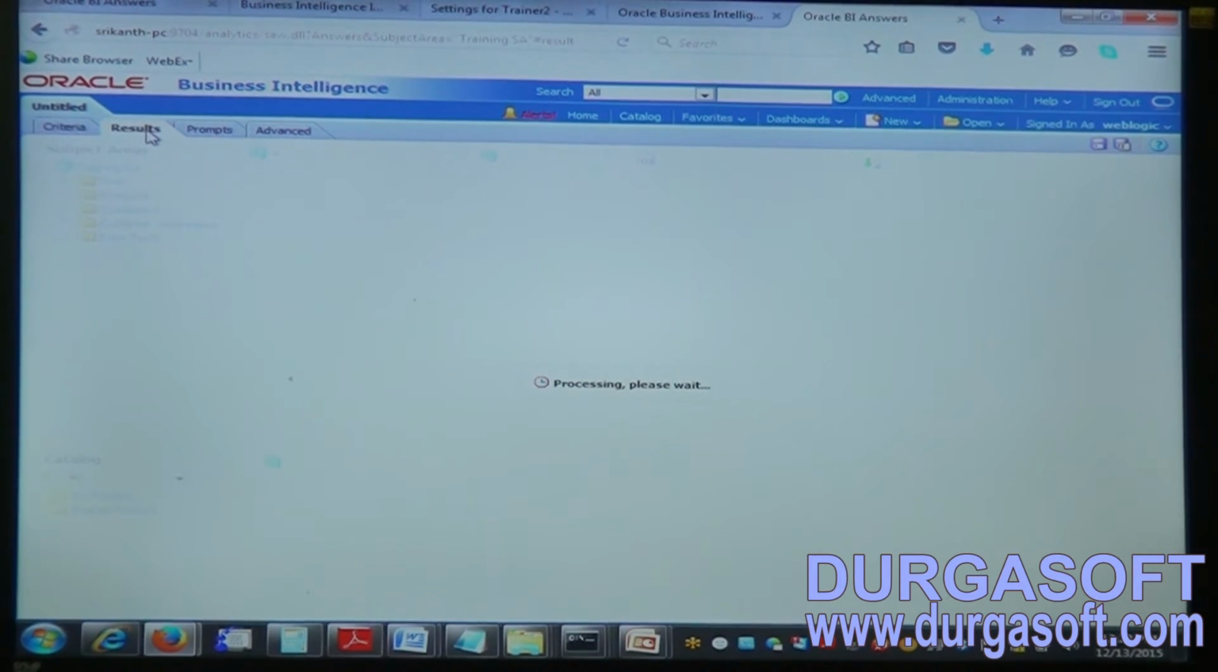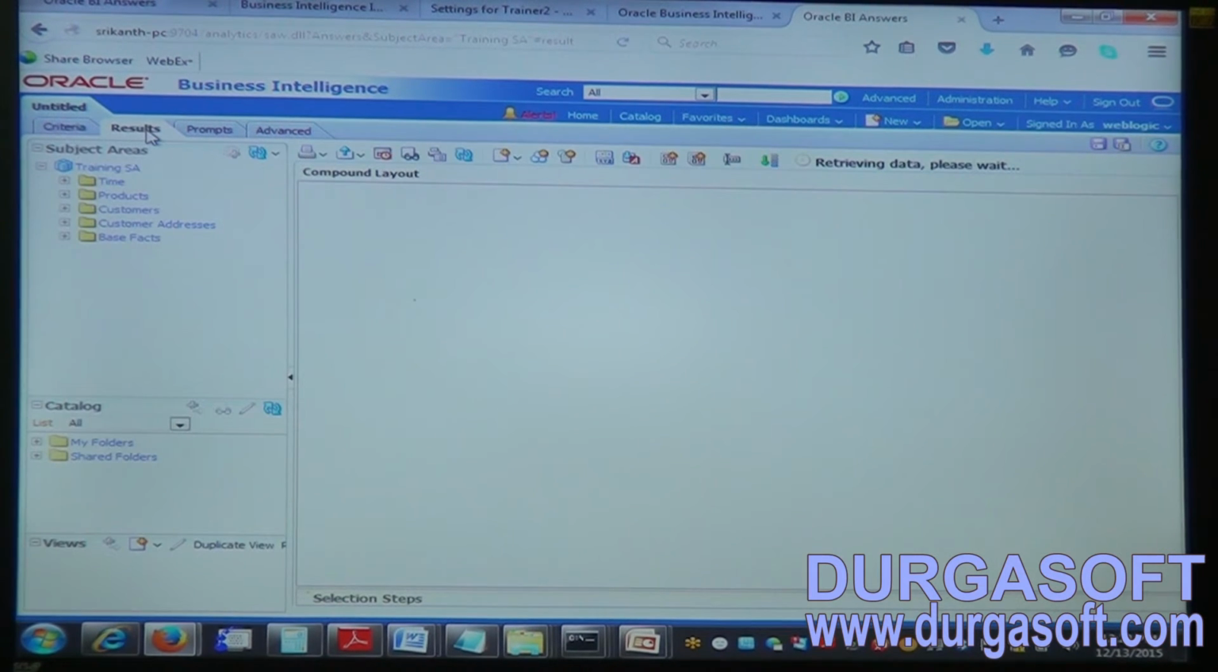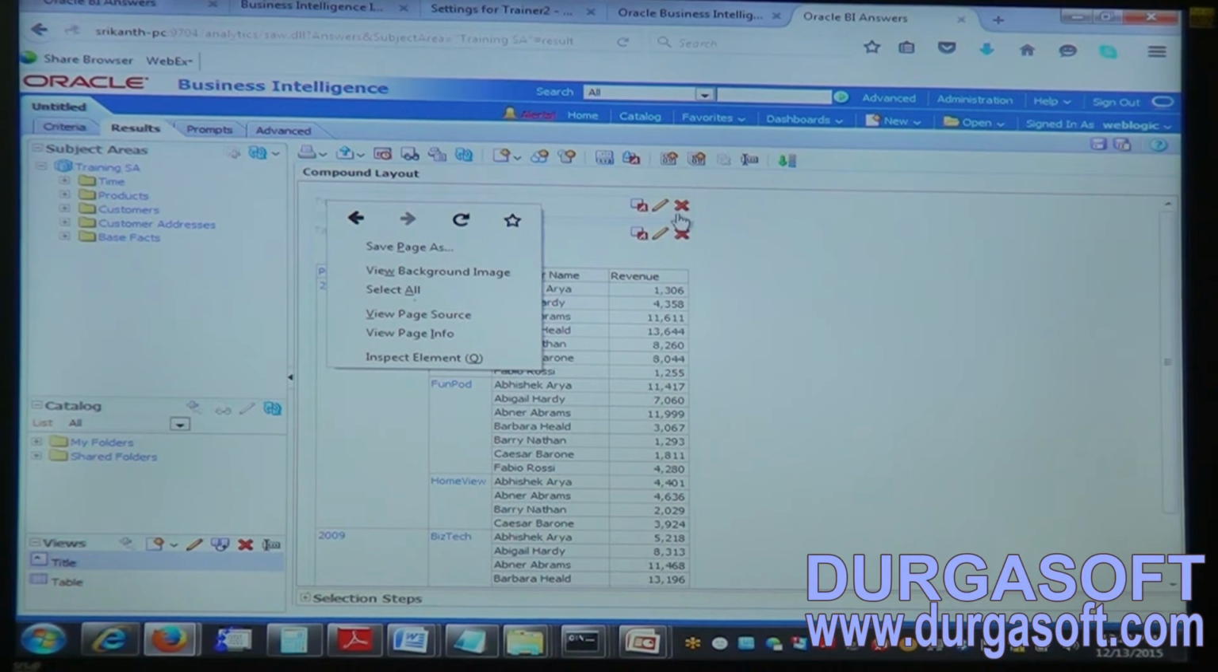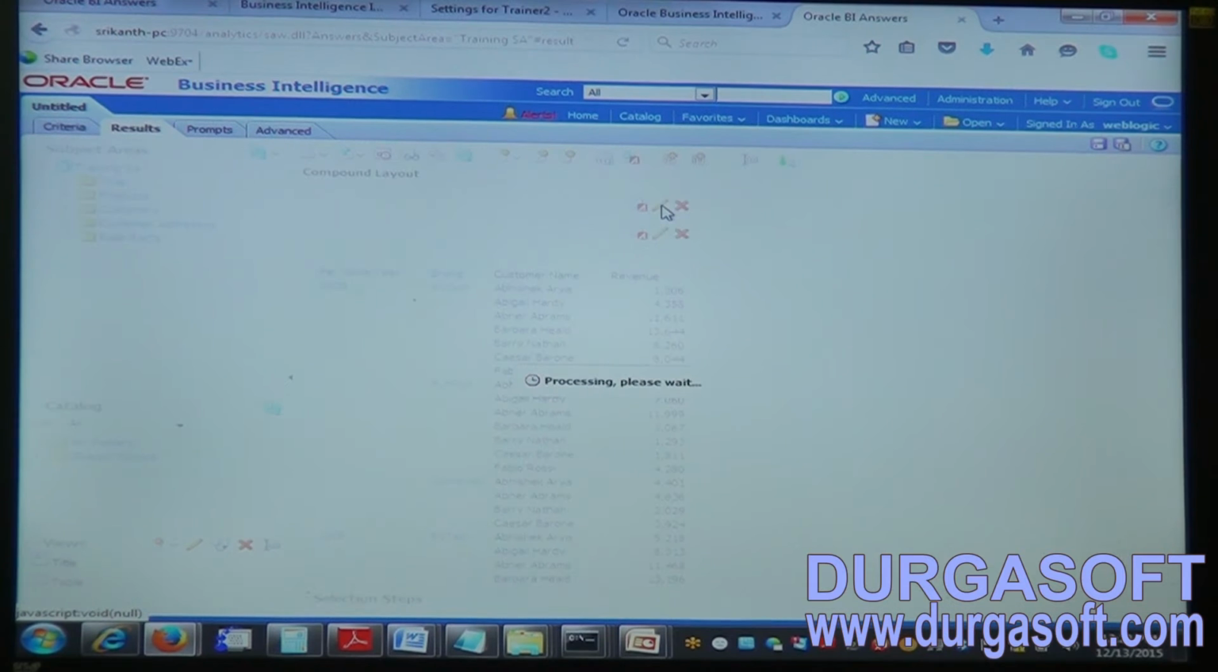it will take time to display the result. It is displaying the result in a by default title view and a table view in the compound layout. First we need to provide the title for this report. For that we'll click edit button on top of the title. At the corner of the right side of the title we can see an edit button, a small pencil kind of symbol. Yeah, once we click on that edit button,